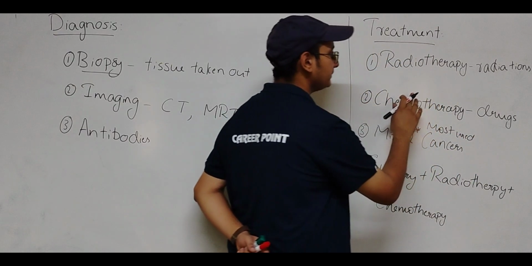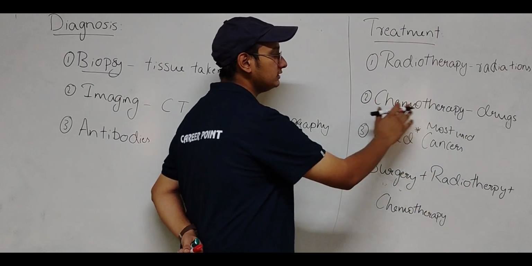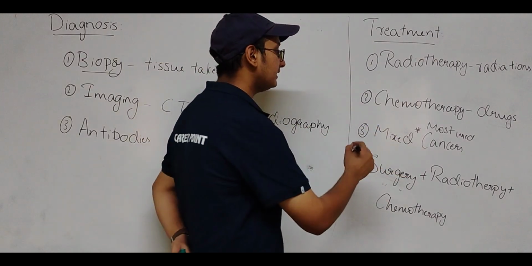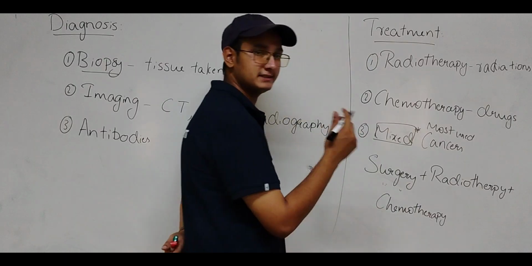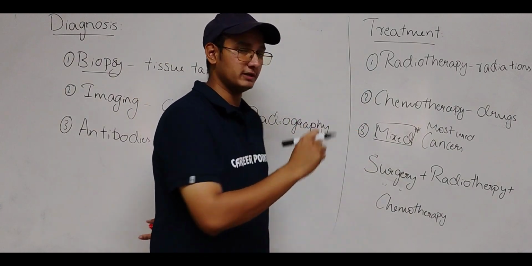So we have radiotherapy, where radiations are used to kill the tumor cells, and chemotherapy, where we use drugs to kill those tumor cells. And we have the mixed one, which is the most used cancer treatment, where we use surgery, radiotherapy and chemotherapy. So this is